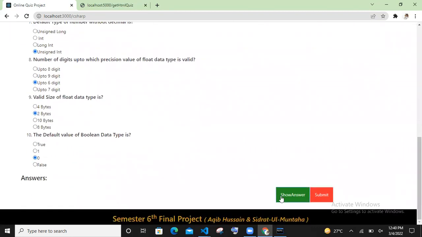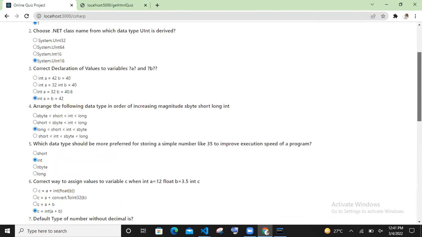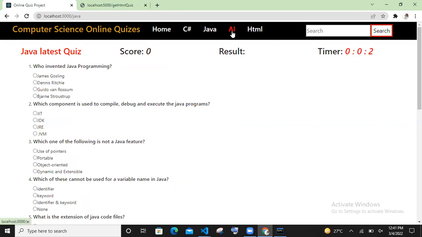Now if we want to check the answers, we can also see what the correct answers are. Basically, this correct answer feature is developed in the backend. In the backend, we have placed this functionality in the tables with the options. Along with the options column, we have also placed the answer column. So this was all about the work which we had done and achieved for this course assignment.